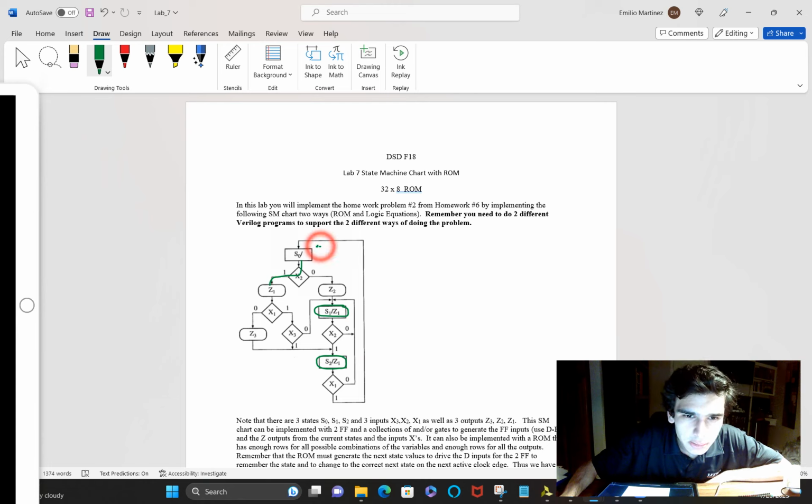So remember state 0, 0, 0. And x2 is 1. So the first term is going to be q1 prime. It's prime because it's 0. And q0 prime x2, plus